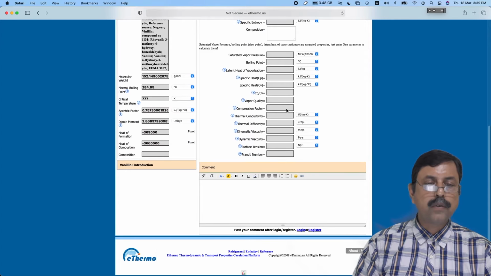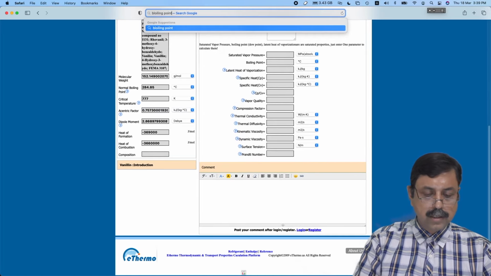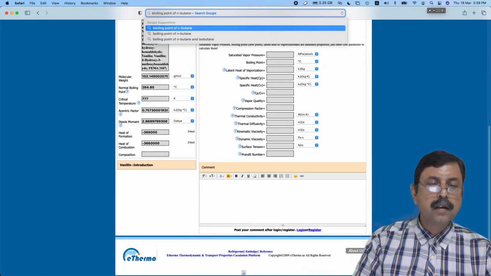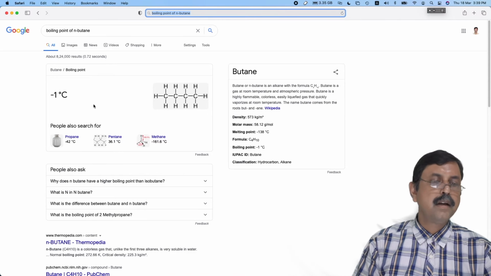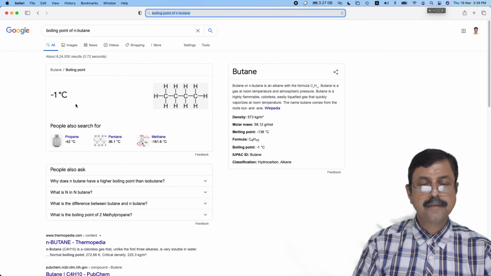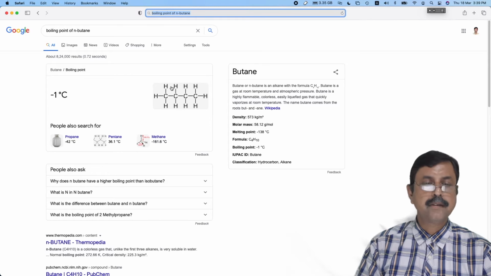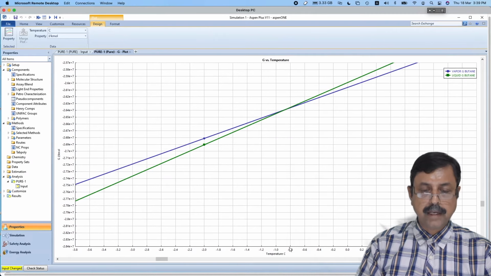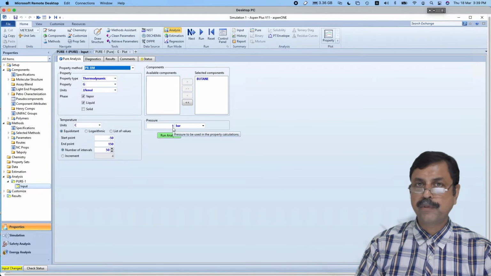So let us again go to internet and write here boiling point of N-butane. It is -1 degree centigrade. Okay, so the normal boiling point is -1 degree centigrade, and we have found it -0.85 degrees centigrade. But you also have to remember that we have taken it 1 bar, not 1 atmosphere pressure,